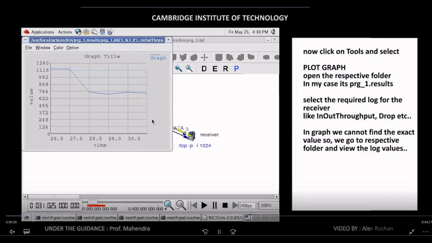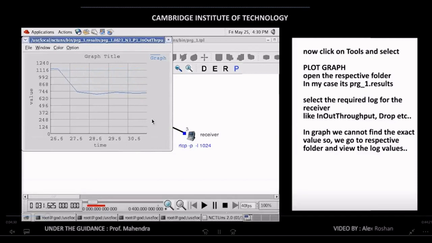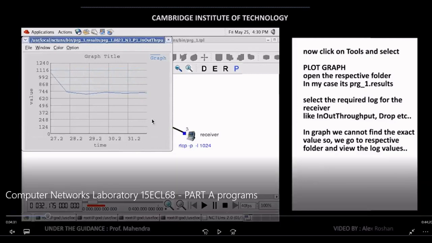In the throughput, if any drop is there, at that particular time cycle, say earlier in 26 time cycle, the packets are 1164. You are going to send 1024 load, but still 1164 or 1024 was sent. And here there was a drop in a packet.